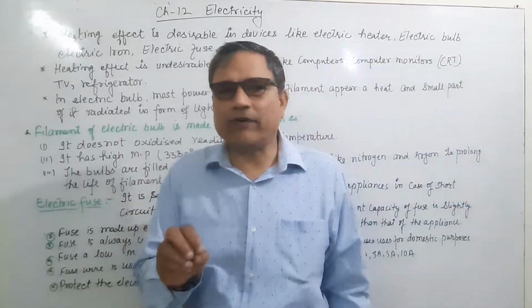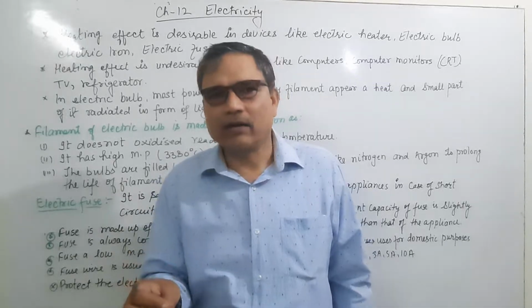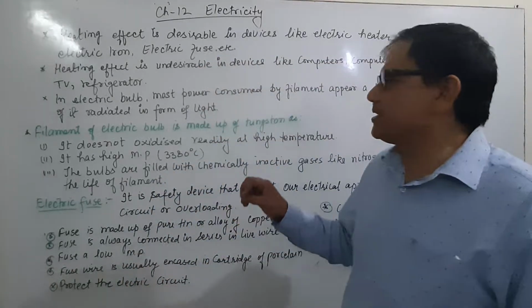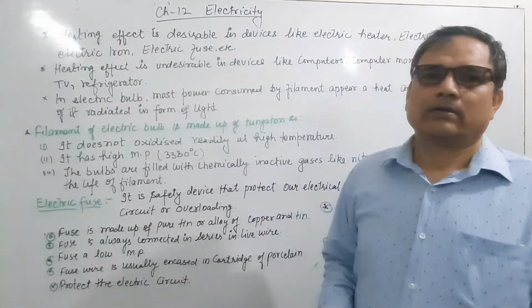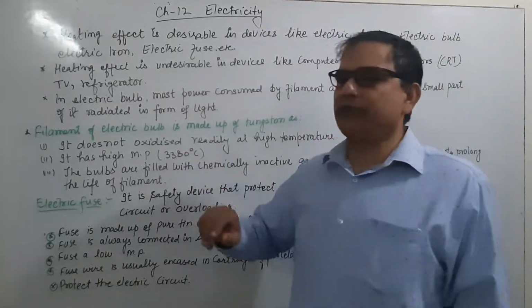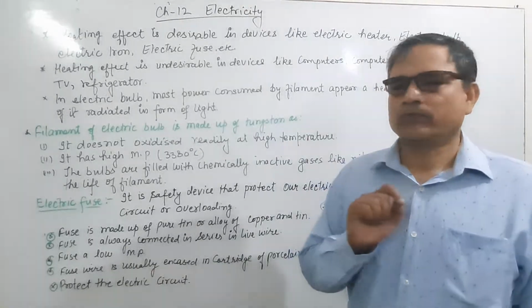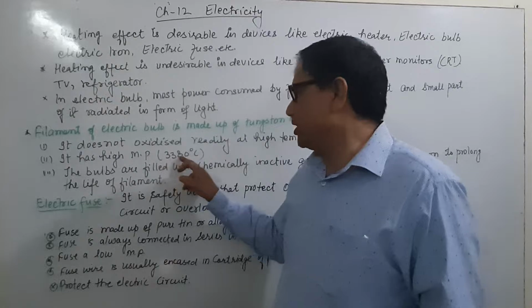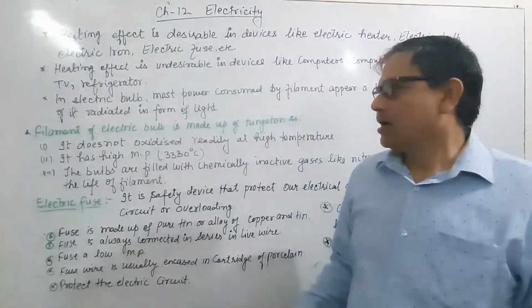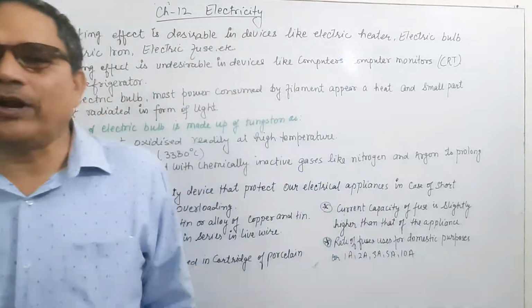Oxidation of that filament is very less at a high temperature because why? It has a high melting point. The melting point of this filament, which is made up of tungsten, is 3380 degrees Celsius, and the bulb is filled with gas,